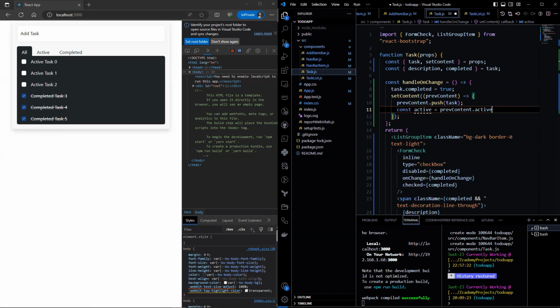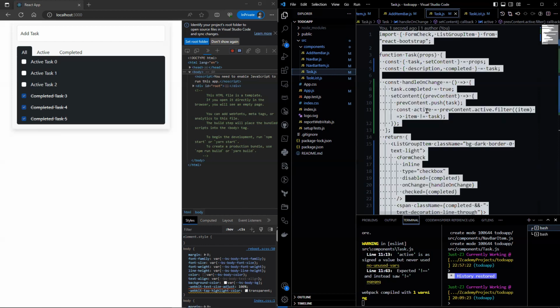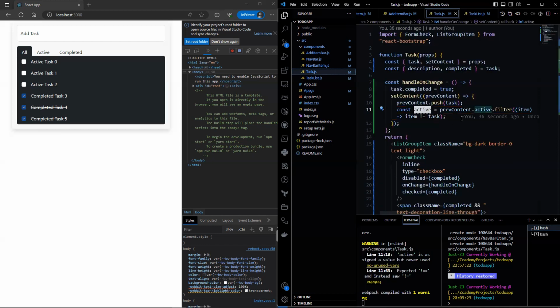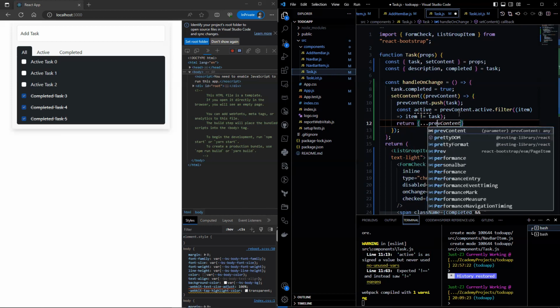We can do this by filtering for the task. So what this is doing is that it is checking whether or not it is the current task. And if it is not, then this would be in the new active array. Now let's return the new content.